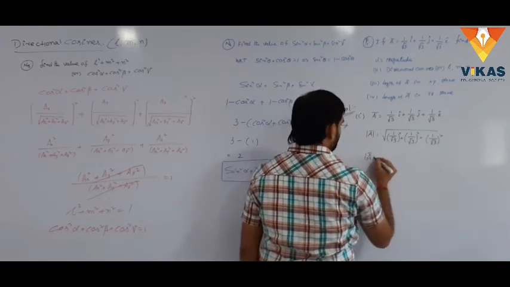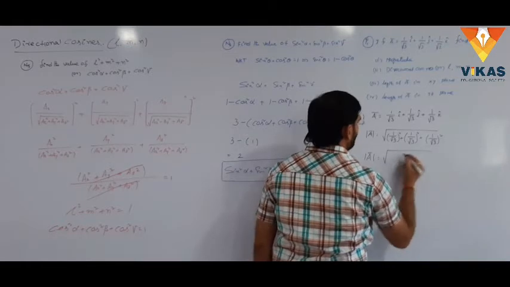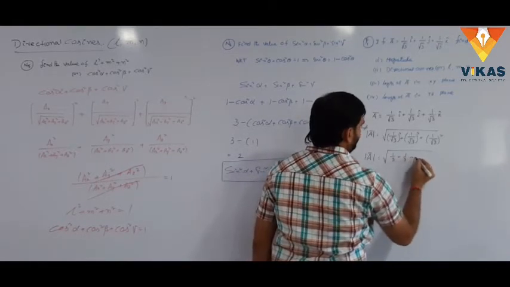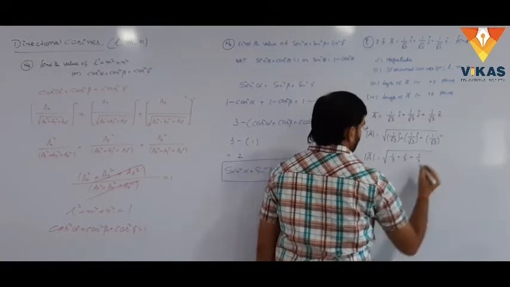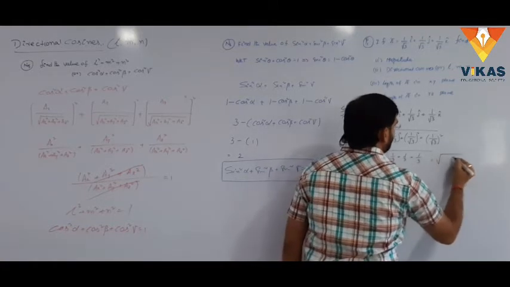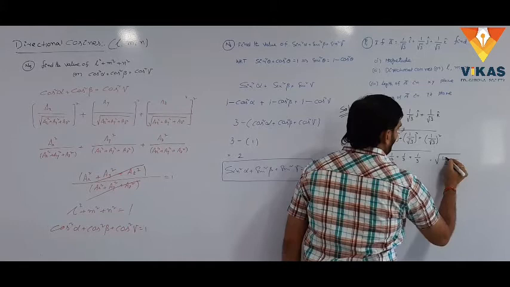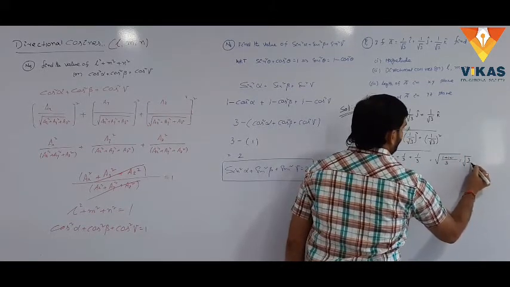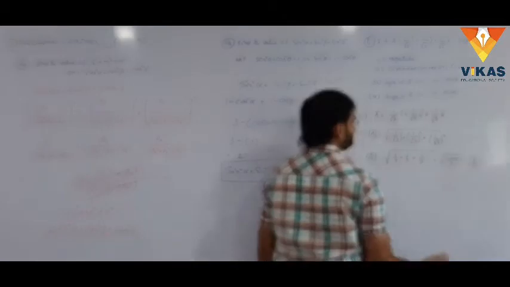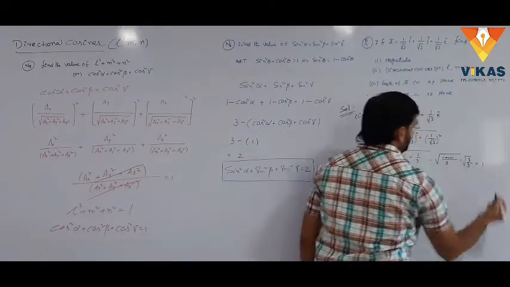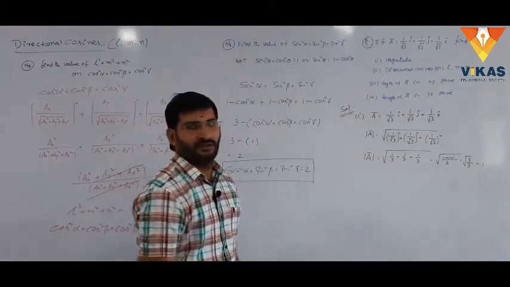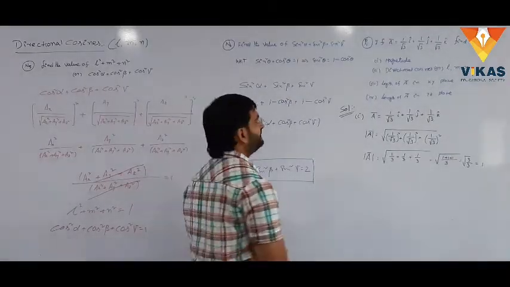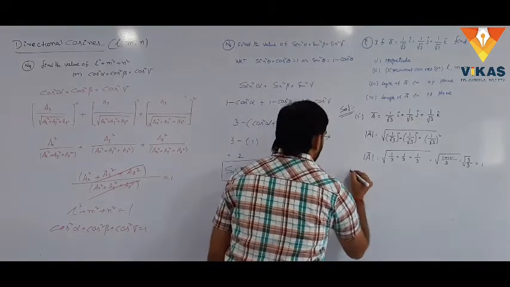Therefore, a bar modulus is equal to square root of 1 by 3 plus 1 by 3 plus 1 by 3. Here 3 is the LCM, 1 plus 1 plus 1, root 3 by 3, simply the value is 1. The magnitude of the given vector is 1, right? The second answer, for the second question,